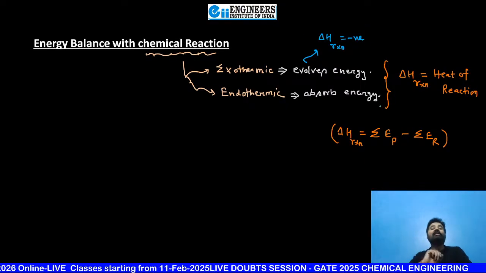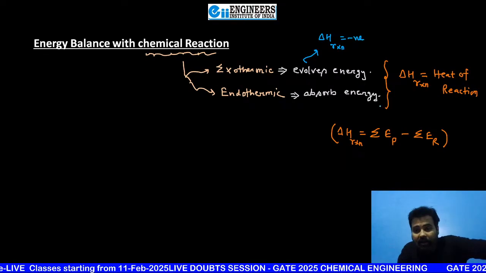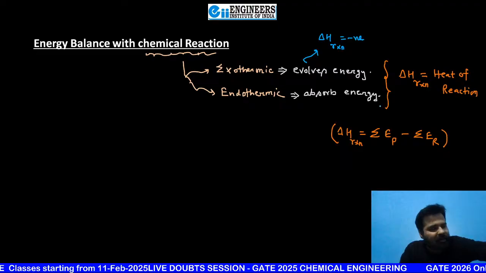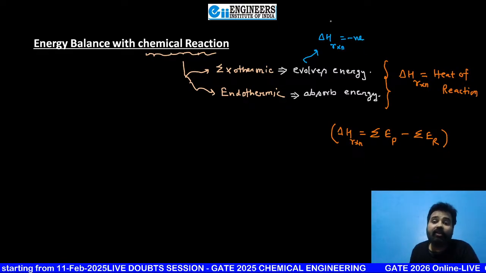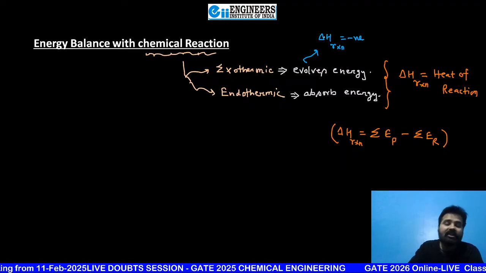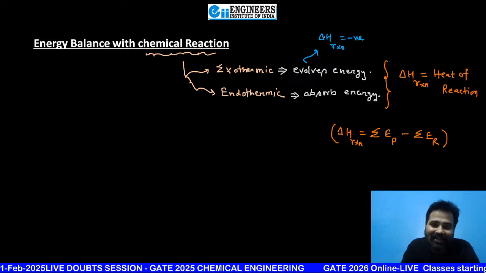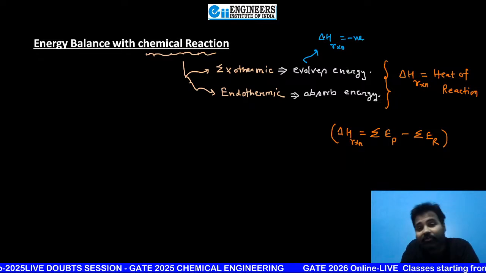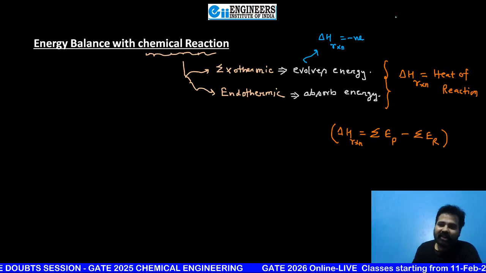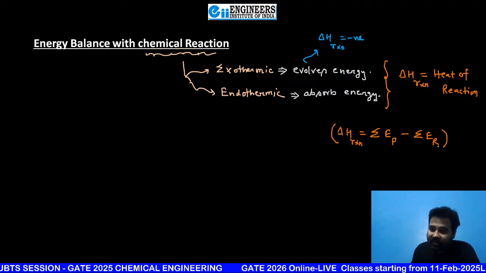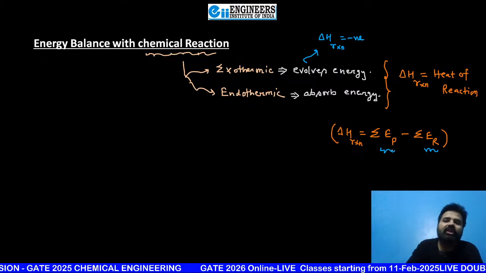So we are here in this simple balance. We will also see what chemical energy changes occur during a chemical reaction, but for that a separate subject is there, chemical reaction engineering. Here we are just focusing on delta H of reaction. If this is there, that means some heat is coming from inside. You are not creating energy; you are just changing the form of energy from chemical energy to heat energy.